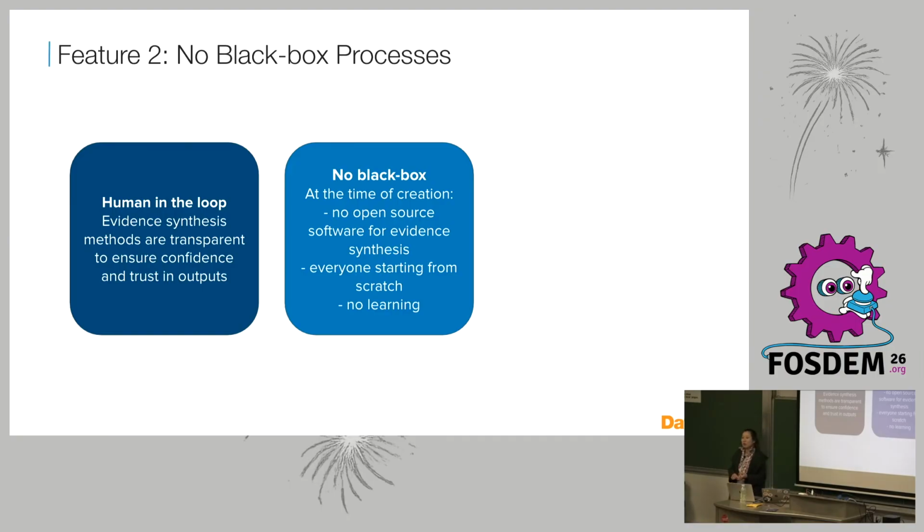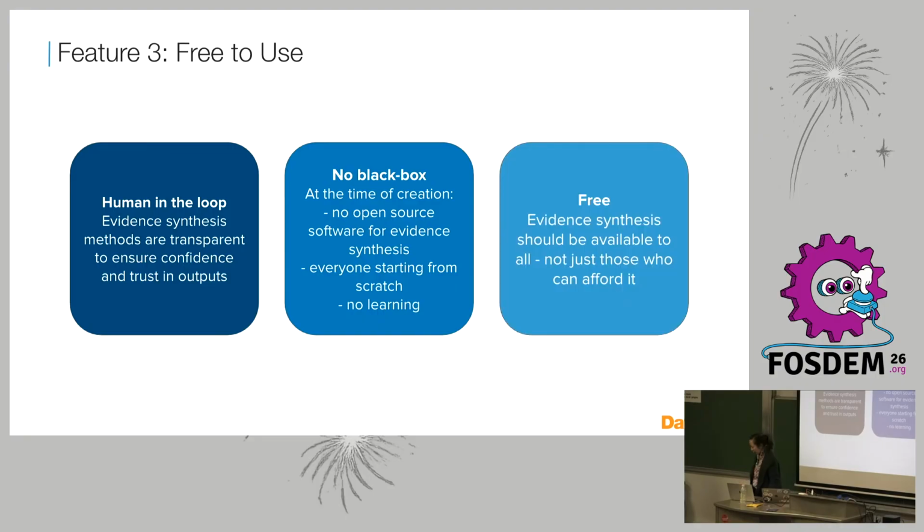But then the second part of it was seeing that there's a lot of opportunity to apply these various different AI approaches to synthesis, but we needed to foster some kind of community of practice to learn from each other. And so that was the rationale behind pursuing an open source approach. And then third is Colandr's open access. It's free to use. And this is really, I think, predicated on the challenge that if we want to be able to use evidence, we should be able to use evidence everywhere. Everyone should be able to use it.